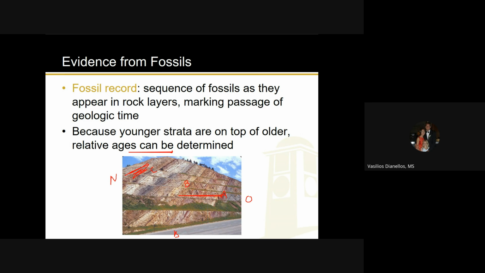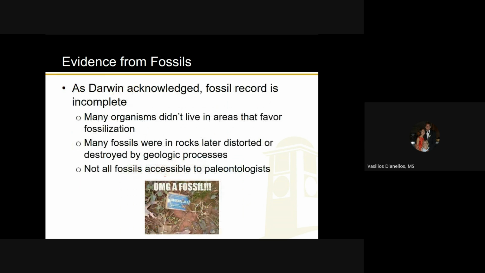Without even having to do any kind of chemistry, chemical dating or radiological dating, we can tell which one is older. So again, this is good evidence of evolution because we can see the progression of organisms through time, even if we don't know the exact date, which a lot of now we do. But even forget about all that, you can tell by the sequence of where they were found what is older than what. Excuse me. Any questions about that? All right, pretty simple. Keep moving.